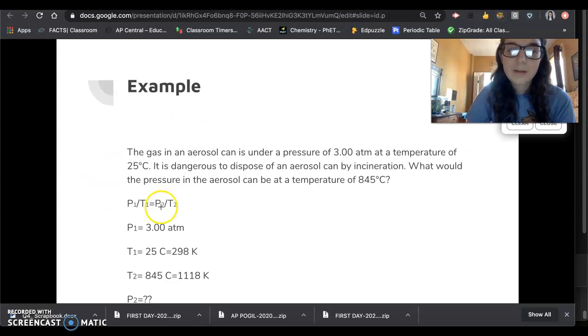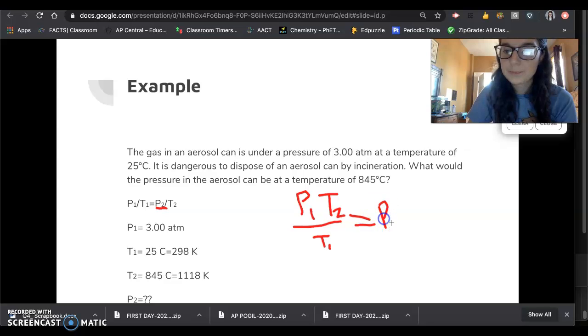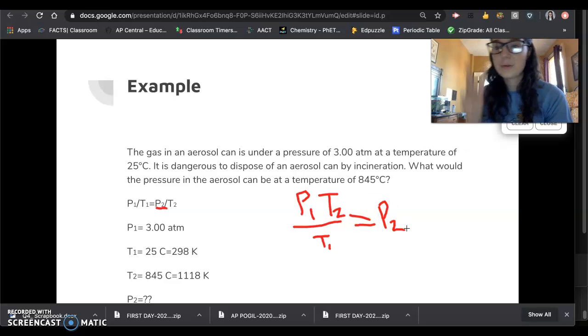So once more, we can rearrange this equation to isolate P2. We do that by multiplying both sides by T2. So we're going to have P1 times T2 divided by T1 equals P2. And from there, I am good to plug and chug. So I put in P1, that's 3 atmospheres, times T2, 1118, and divide it by T1, which is 298 Kelvin. And I get P2 is equal to